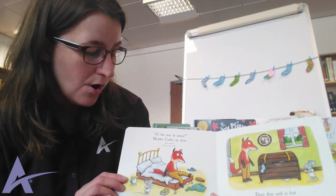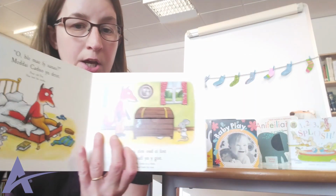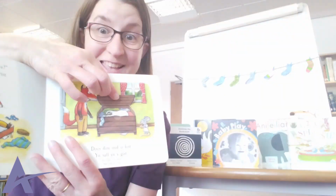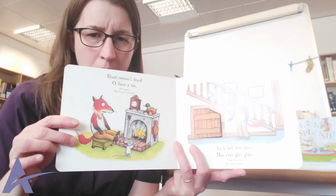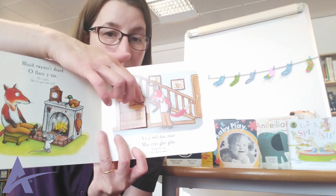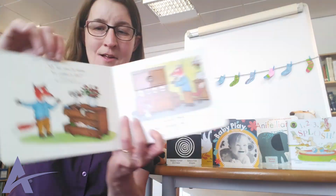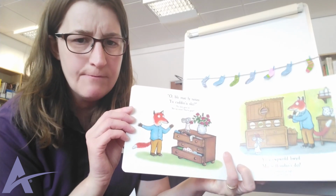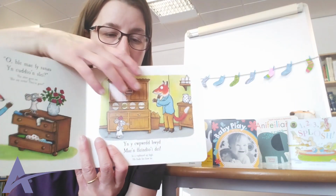So, poor old fox has lost his socks. He looks in the chest and finds his vest. Oh. On it goes. I've got cold toes. Under the stair is a shirt to wear. The shirt goes on, but my socks, they've gone? In a cupboard up high, he finds...